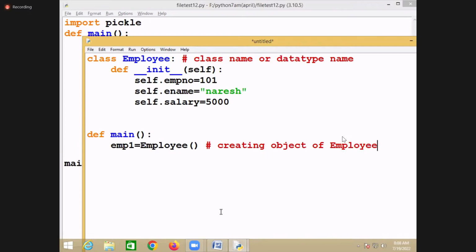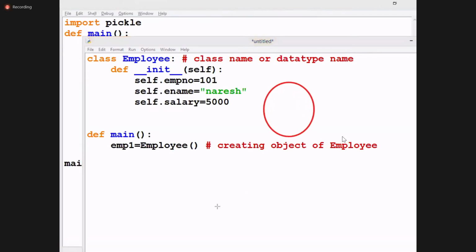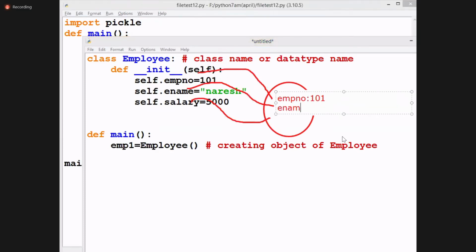Whenever you create the object, memory is allocated for these properties. Now your object is having three properties. The first one is employee number with the value 101, employee name with the value nourish, and salary with the value 5,000.